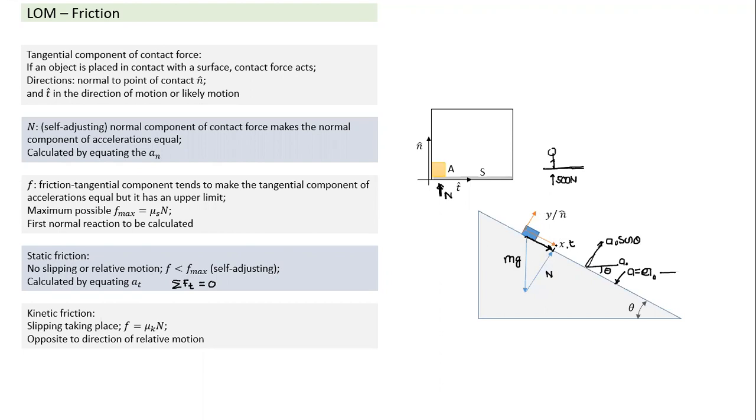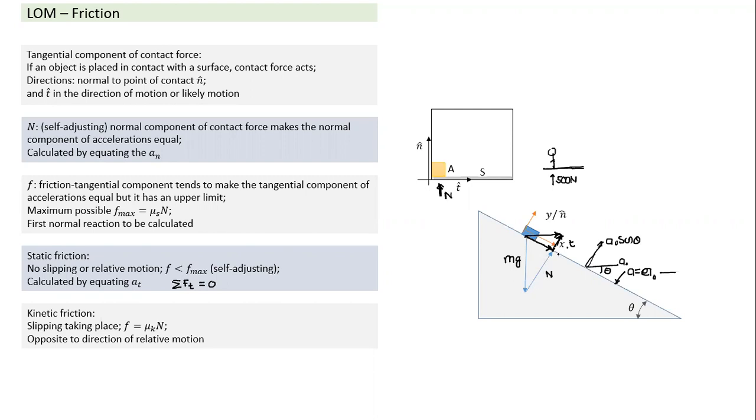The moment I give acceleration, depending on what the acceleration is, this will keep increasing. And if we give an acceleration such that the block does not slip, it means the block will have acceleration in the horizontal direction. So when the block has acceleration in the horizontal direction, it means the vector sum of mg and the normal reaction becomes horizontal. And you notice in this case, N value is greater than mg sin theta.